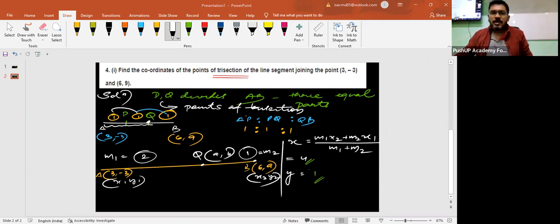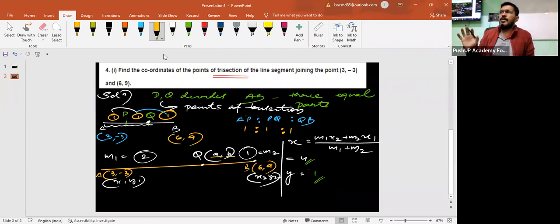Alvina, how much you got? Second one you didn't do. Just a minute, Alvina. Can we take the coordinates as p and q? Which coordinates are you talking about? The coordinates of Q. Yes, sir. You can take any variable. I took it as a and b. You can take it as